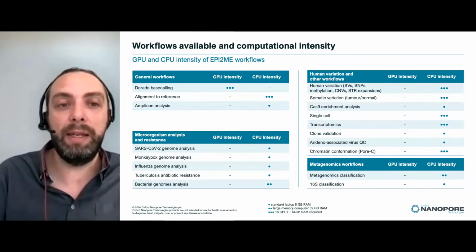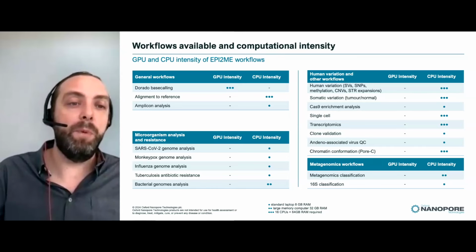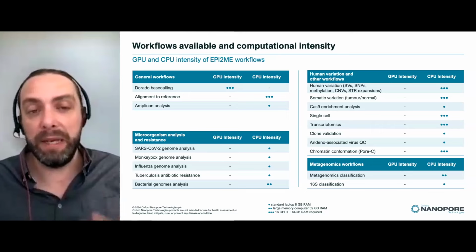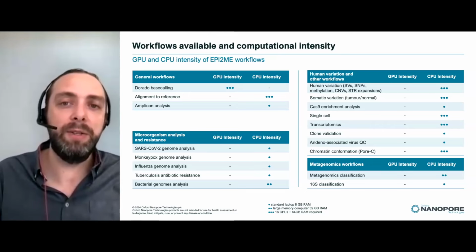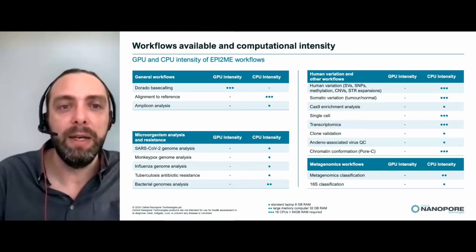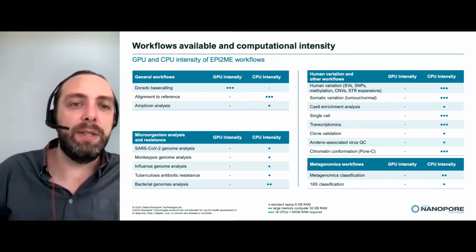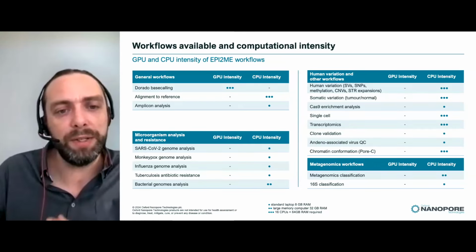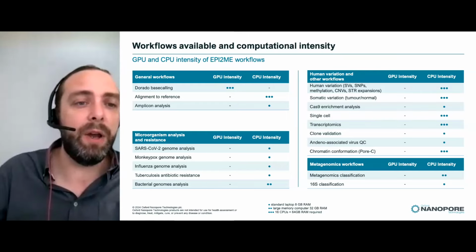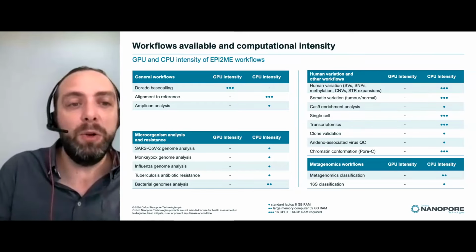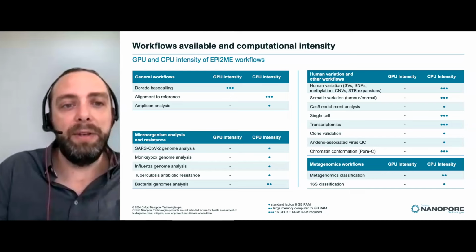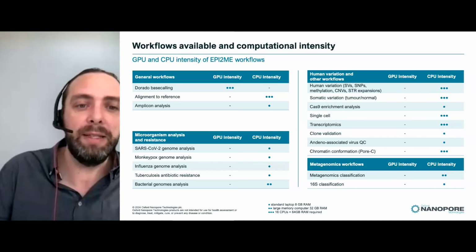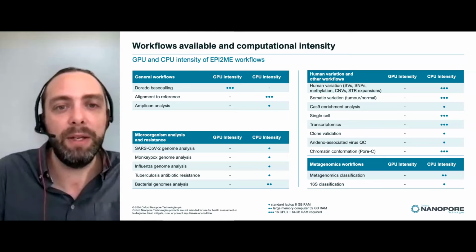What's really important to keep in mind is that the only workflow that needs a GPU is base calling. That's the same as on our devices, where GPUs are already integrated. For almost all of the other applications, these are going to be CPU intensive, or require CPUs. But you can see here that obviously the smaller the genome, small pathogen genomes or microorganism genomes tend to have the lowest compute intensity and can be run on standard laptops nowadays, all the way up